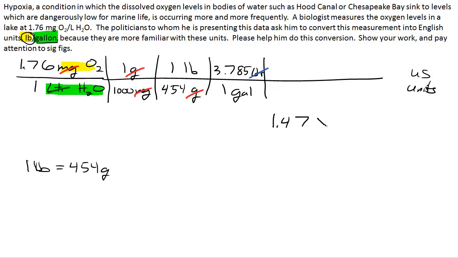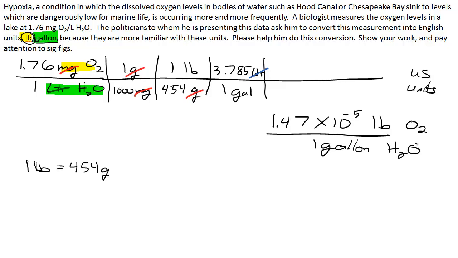1.47 times 10 to the negative 5 pounds of O2 per every 1 gallon of water. Okay. If you don't remember scientific notation, it's just you get a really small number because you're